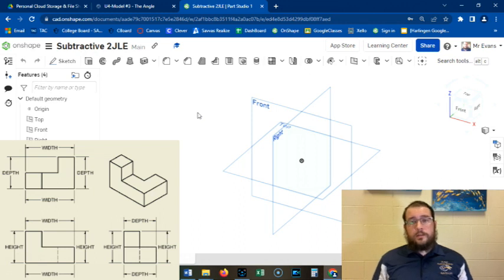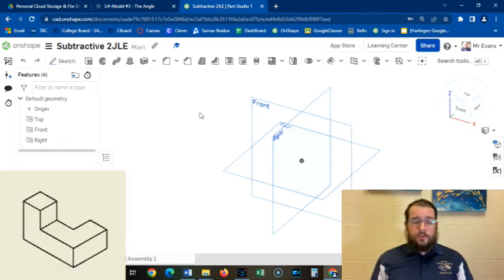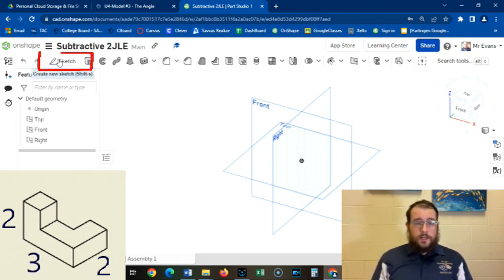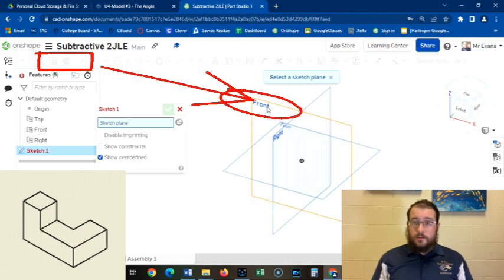Now, everything in this is either 1 inch, 2 inch, or 3 inch. It's very simple dimensions. And so this part ends up being 2 inches tall, 2 inches in depth, and 3 inches in width. And so that's what I'm going to make. I'm going to click Sketch right here, front,